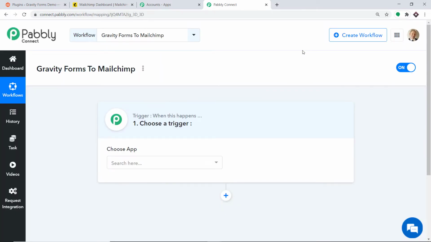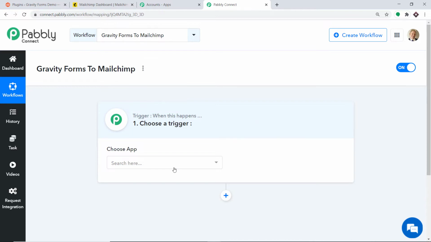Now we are going to create a new workflow. After creating this workflow, I will attach the link of this workflow in the description box as well. So in case you want to access this workflow, you can directly clone it into your account by signing up for free. When you click on OK, a window appears in front of you. This is called the trigger window.